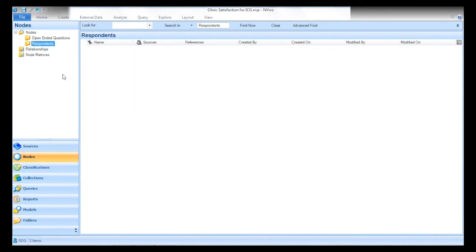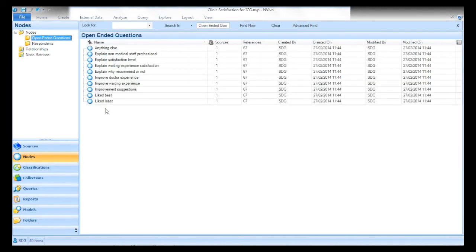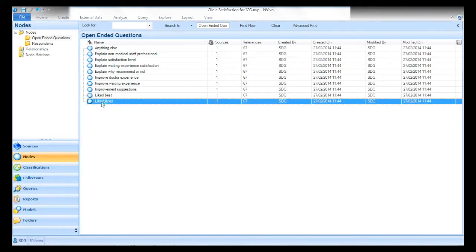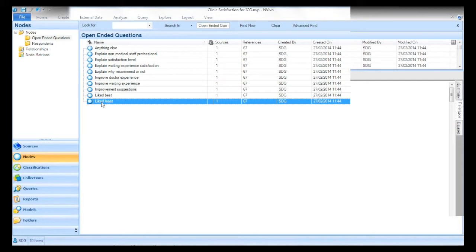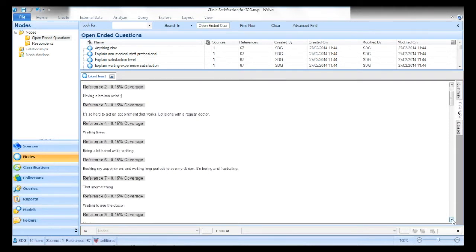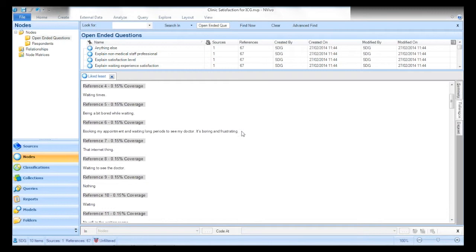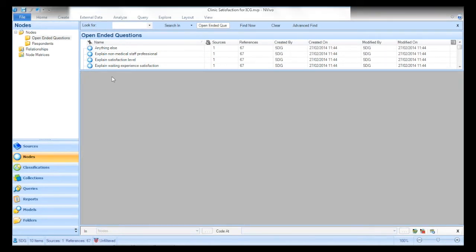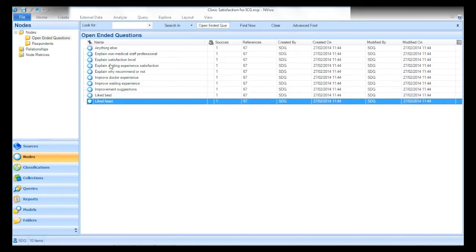and it's there. So now if I look in the area for the open-ended questions, you can see here they all are. So 2 of the questions: what did they like best about this surgery? What did they like least? So if I just open up liked least, I see all the answers for liked least here, and I can just go through them, and if I want to, I can code here more finely for the types of things they're talking about. But before I do that, I might want to get a gestalt, a picture of what they're talking about. So I can run a very quick query,